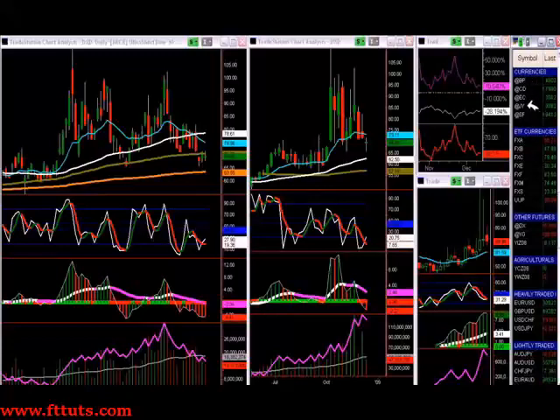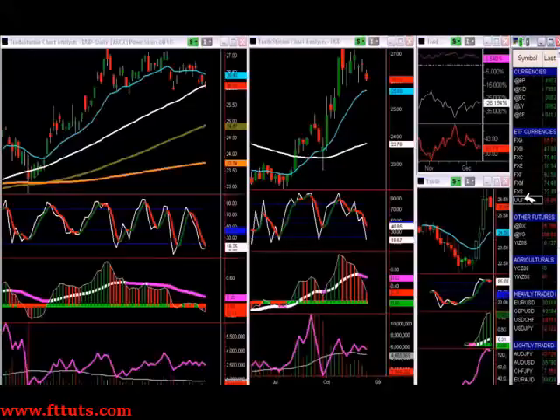Okay, then we got our currencies here. And these are the futures. And these are the exchange traded funds for futures. So we'll just click on this one here. This is the US dollar. And so you can trade the US dollar here. And now, here's an interesting one. So you see,